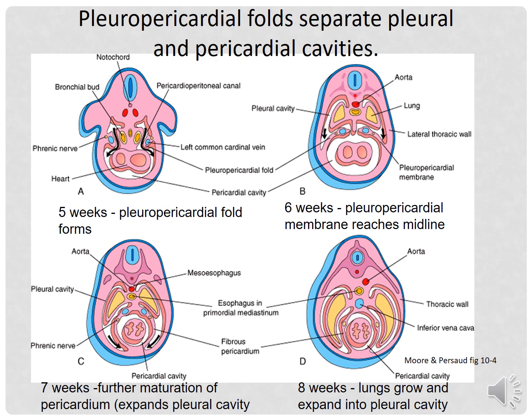The phrenic nerve always accompanies the pleuropericardial folds. We can see in diagrams A and C a yellow colored dot, which is the phrenic nerve, and it accompanies the pleuropericardial fold. These folds basically give rise to the fibrous pericardium. So in adults, we can see that the phrenic nerve is in contact with the fibrous pericardium. And then the pericardio-peritoneal canals, occupied by the developing lungs, expand and later on become the pleural cavity.